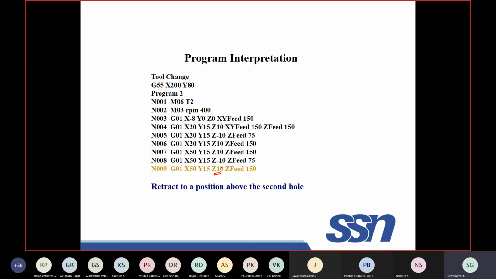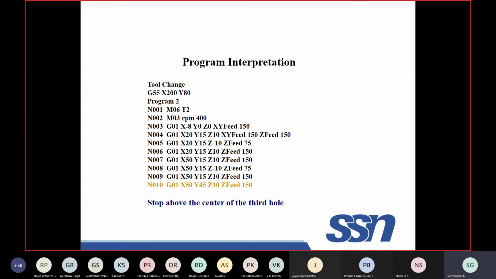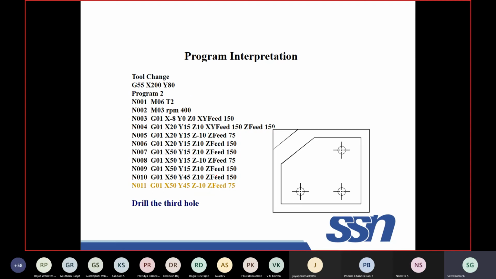The drill bit is kept 10 mm away. Again, the next location is the center point of the third drill. Z value is away from the surface. It is not touching the surface of the workpiece. And finally, at this location, again I am making my tool drill to a depth of 10 mm. So the depth of every hole is 10 mm. Therefore, here also one hole is made.